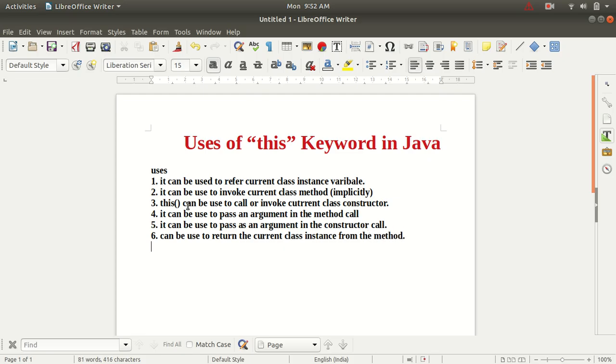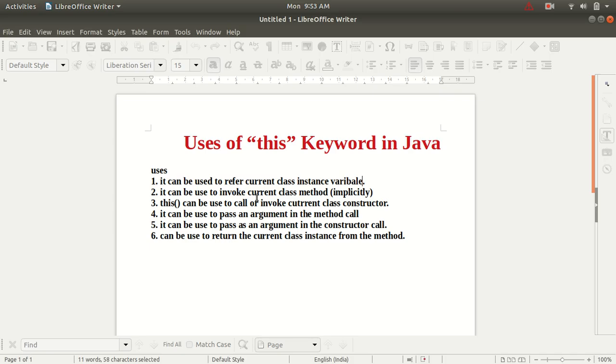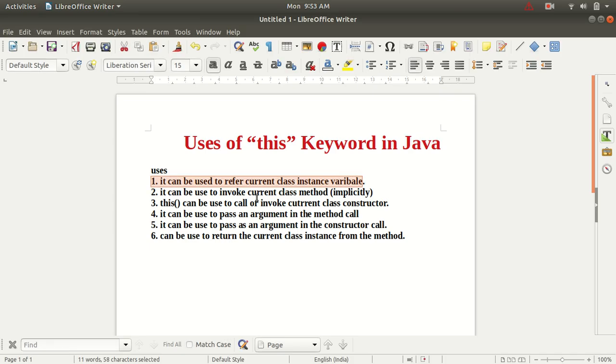So these are the 6 uses of the this keyword in Java. The first use is to refer to a current class instance variable. The second use is to invoke a current class method implicitly; with the help of the this keyword we can call the current class method also.